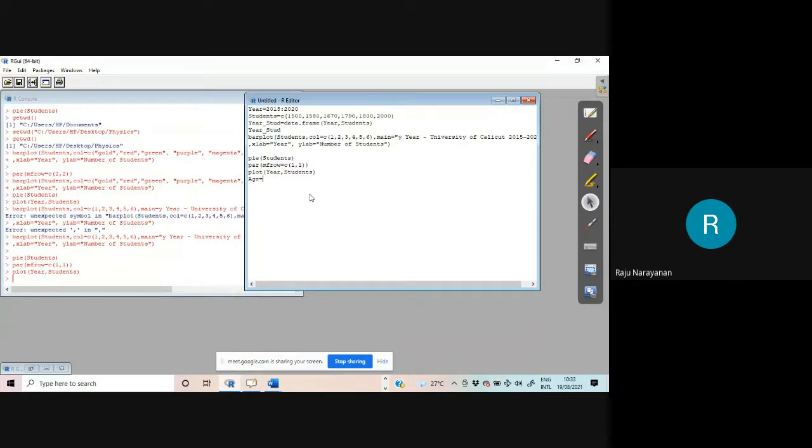Suppose I am taking age on the x-axis, that is a sequence from minus 2.5 to 67.5 at increments of size 5,